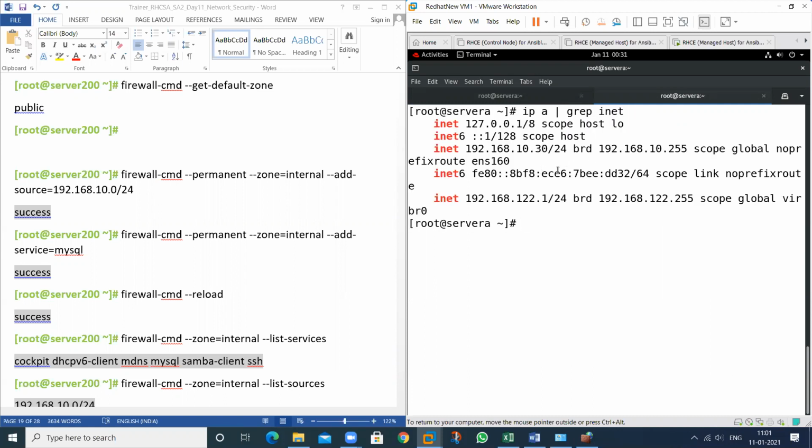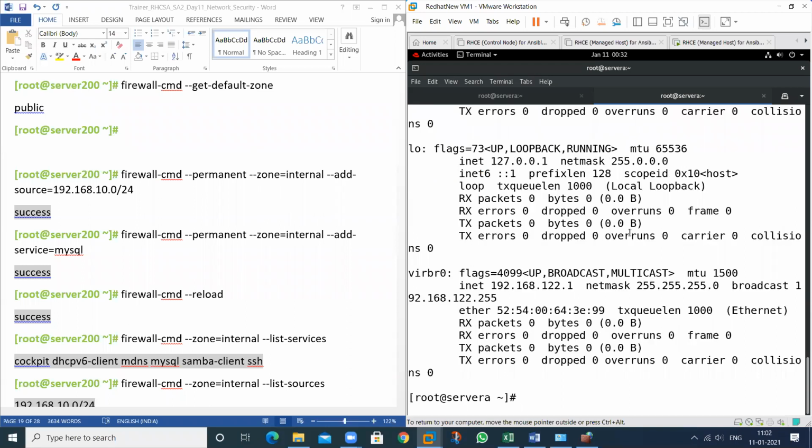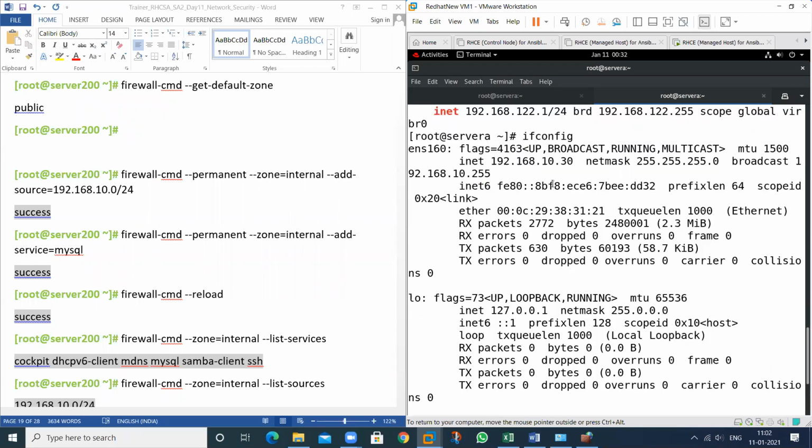The source is C. So what is my network address? This is my IP.